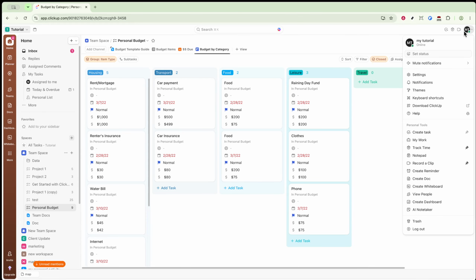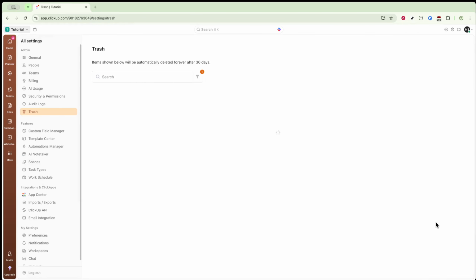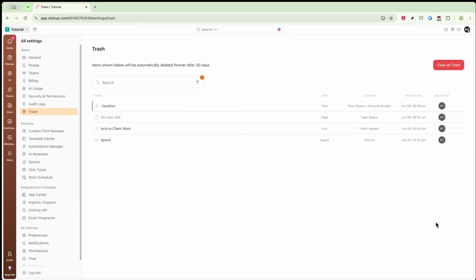Once you're in the Trash section, you'll see a list of all the tasks that have been deleted. Scroll through the list until you locate the task you want to recover. When you find it, look for the three dots, sometimes called the More Options menu, next to the task. Click on these three dots and then select Restore from the menu options. This will return the task to its original location in your workspace, making it as if it was never deleted